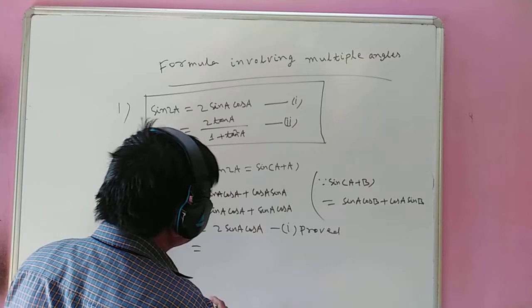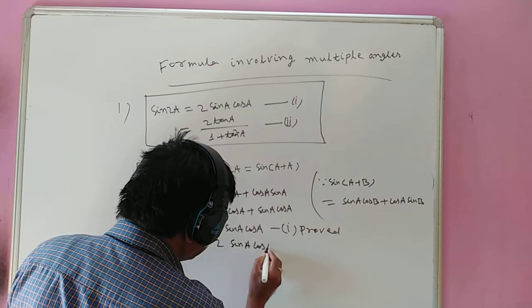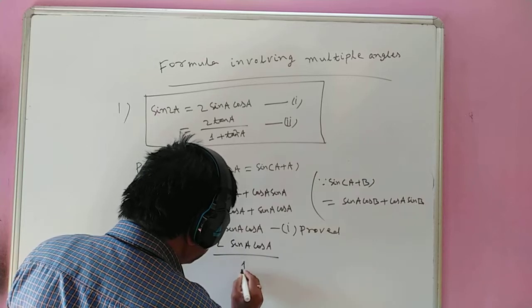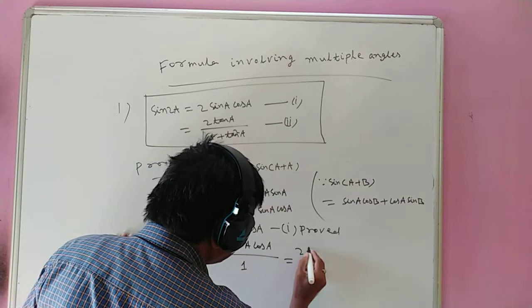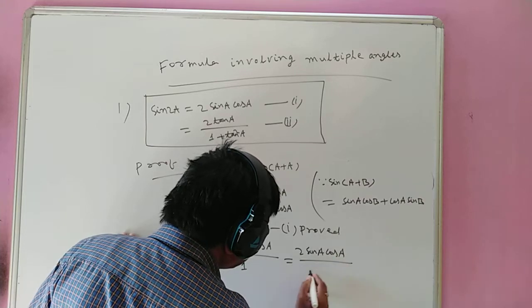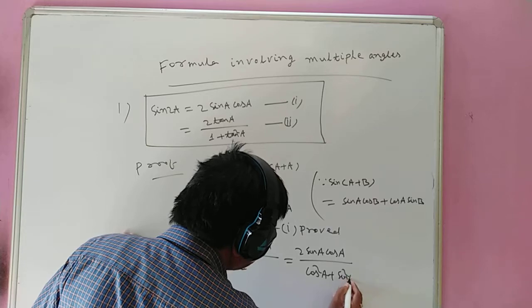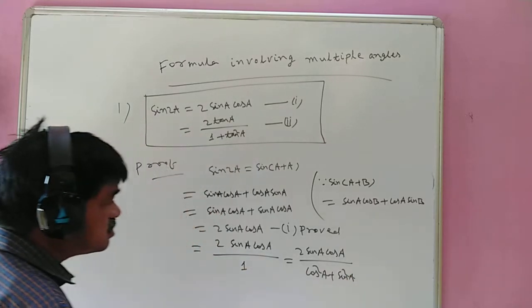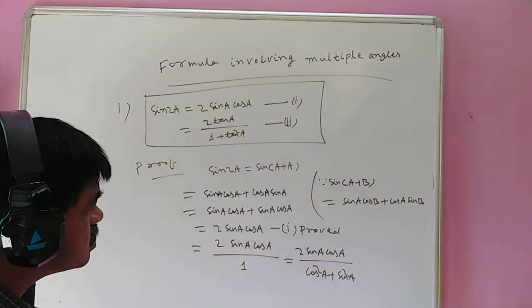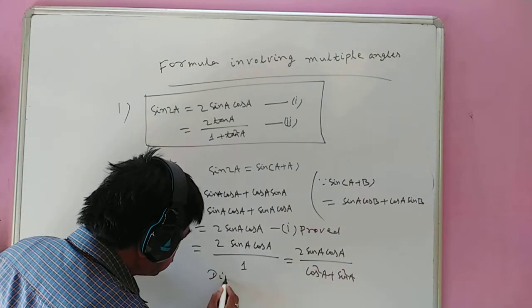How it is like this? You see, this is 2 sin a into cos a. Here denominator nothing means it is 1. Okay. So this 1 you can write cos square a plus sin square a. Okay. So now after this, dividing cos square a both on numerator and denominator. Okay. So then you write dividing cos square a